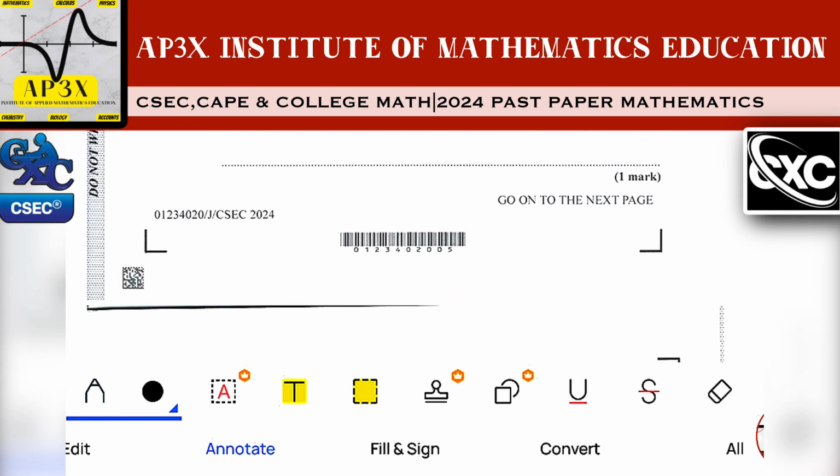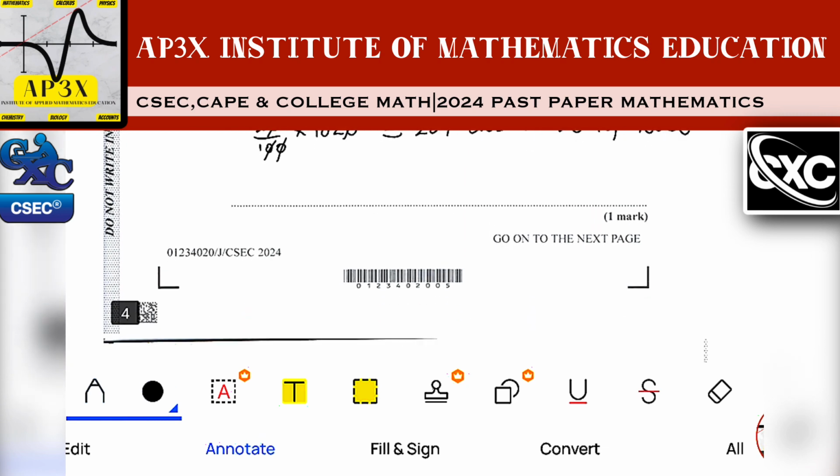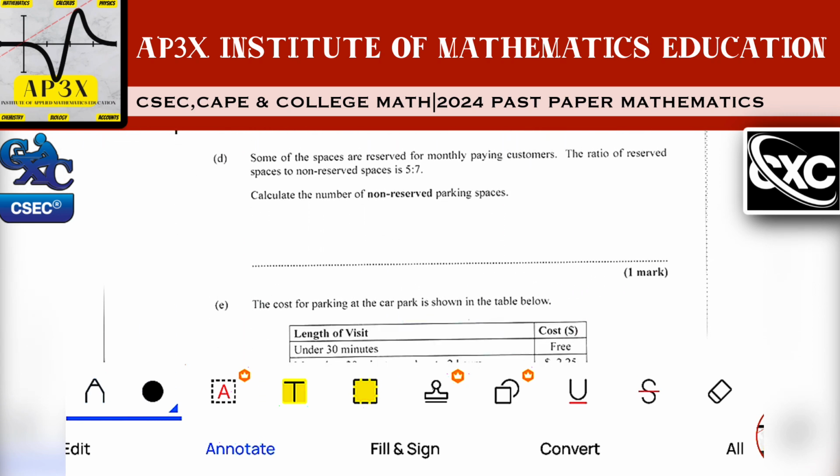We're about 11 minutes into the video. Let's just continue down here. Now, some of the spaces are reserved for monthly paying customers. The ratio of the reserved spaces to non-reserved spaces is 5:7. Calculate the number of non-reserved